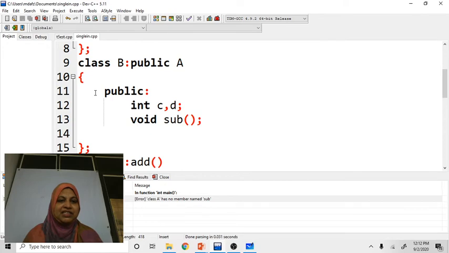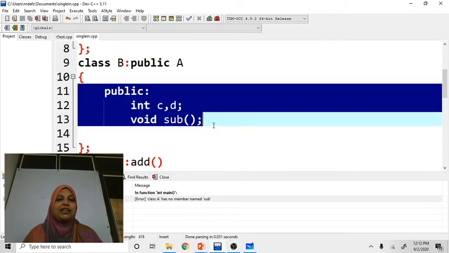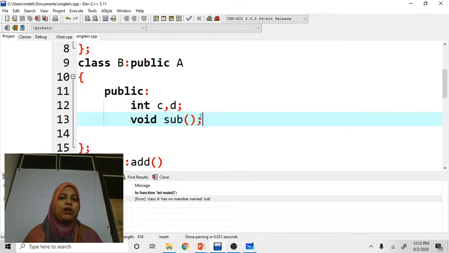This sub function is declared in class B. Class B is the derived class of class A. So class B is going to inherit the properties of class A, but class A is not going to inherit the properties of class B. Why? Because A is the base class of class B. That's the reason we can't access the sub function by using the object of class A.